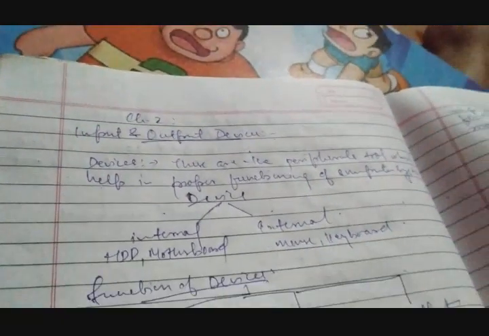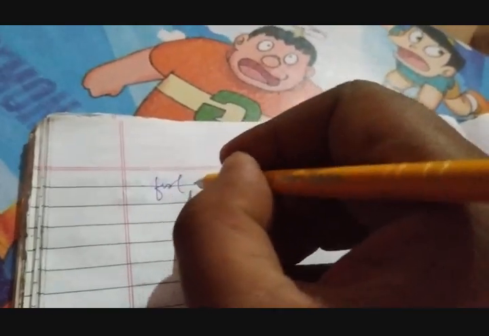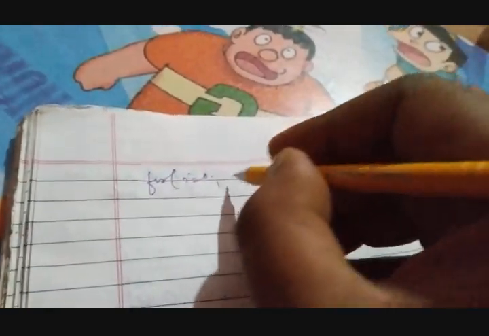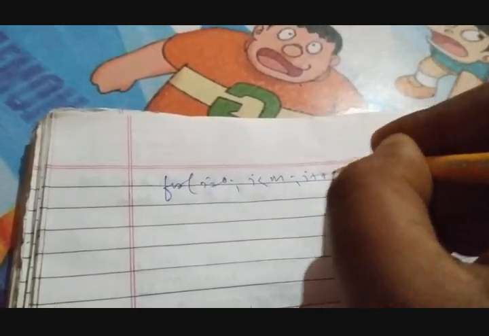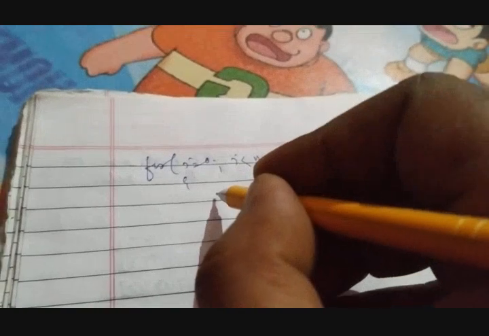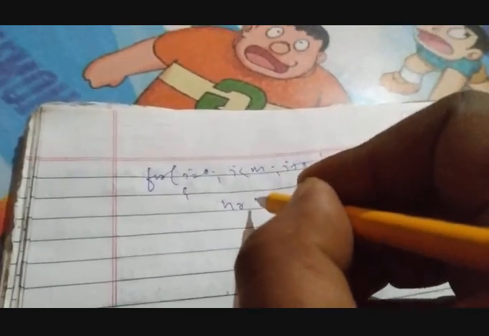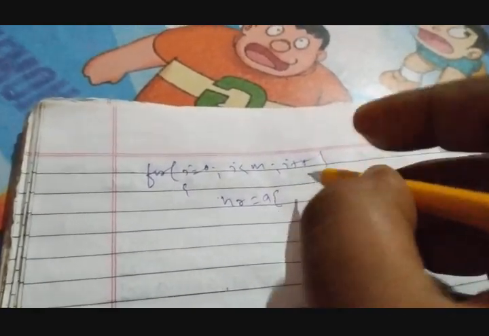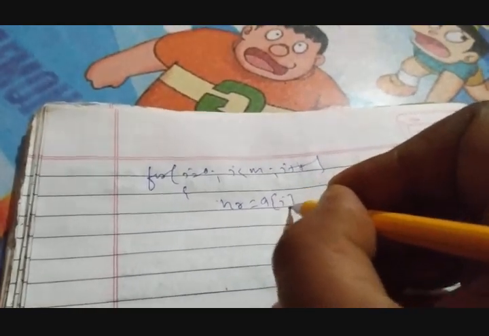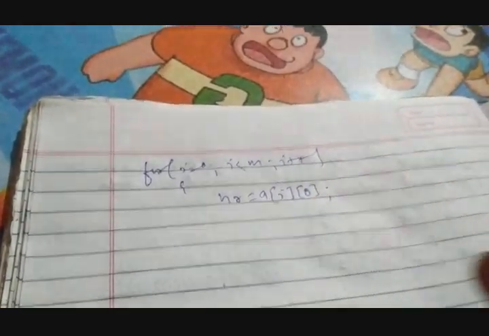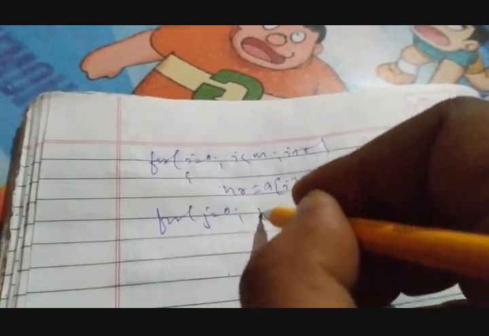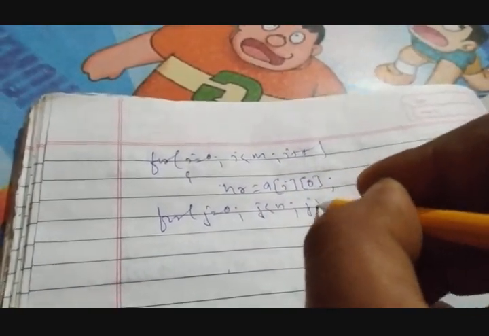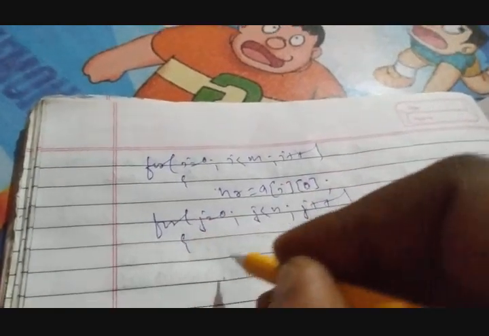Then we go for the logic. For i equals 0, i less than m, i plus plus. Now here highest of row equals A of i 0. Then for j equals 0, j less than n, j plus plus. If